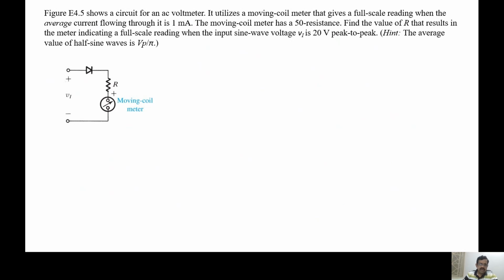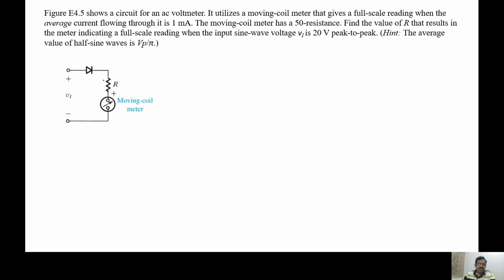Now the last problem for today. This is another example problem from that textbook, because some of you are not carrying the textbook, so I am forced to take this example to give you the thought process here. This circuit uses a moving coil galvanometer, and again we have to consider that a diode conducts in the forward bias only. That means the P terminal has a higher potential in relation to the N side.